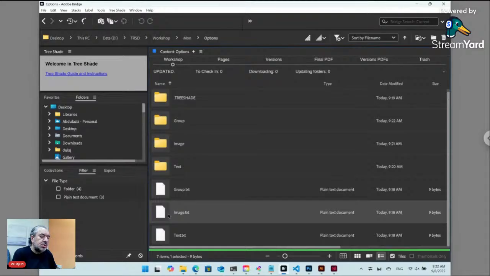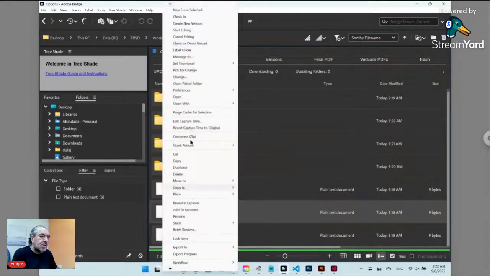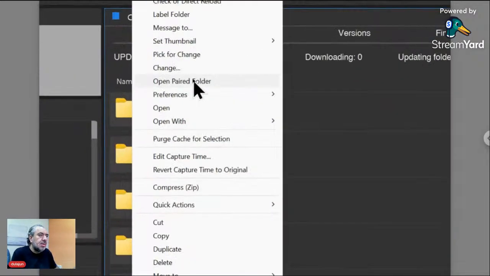Let's copy image by right click on the file and select pick for change. This copying command is related to TreeShade, and it's important, so TreeShade updates the relation between the original file and the new copy. So pick for change,